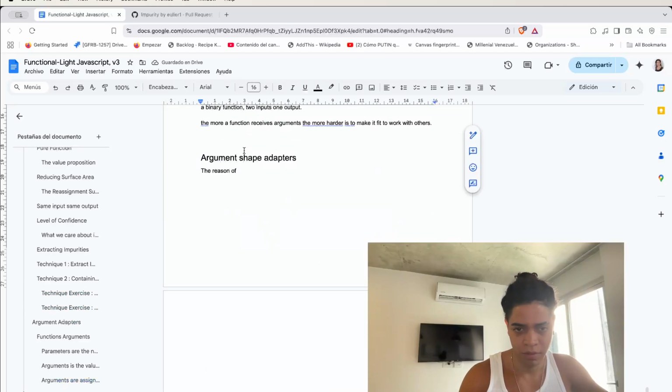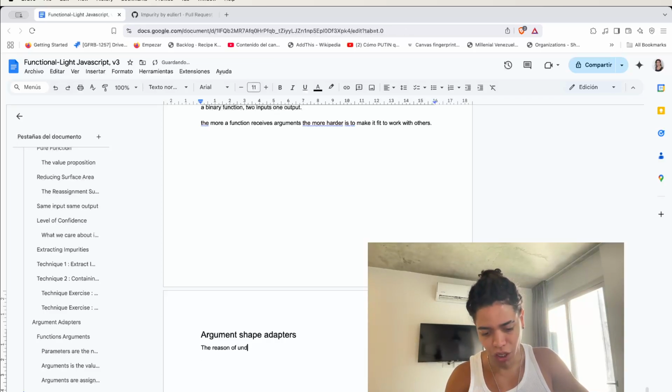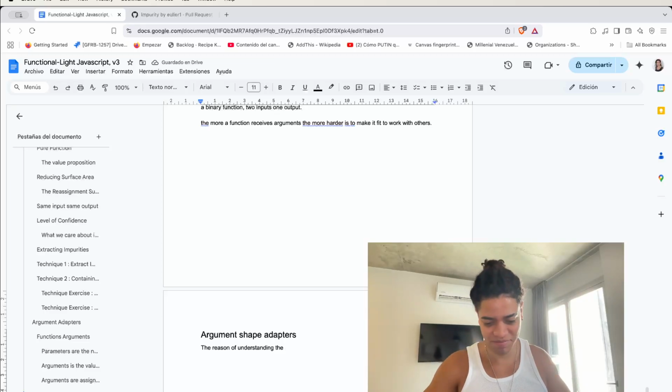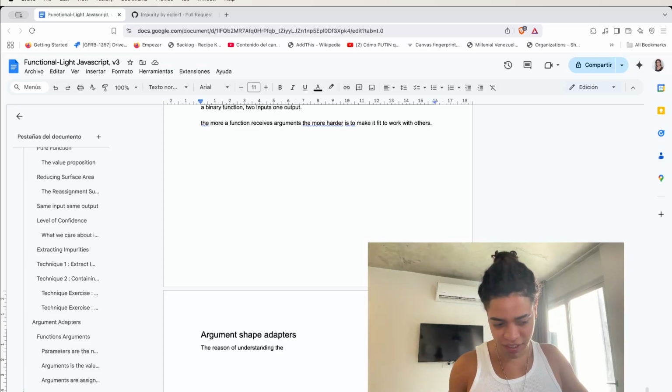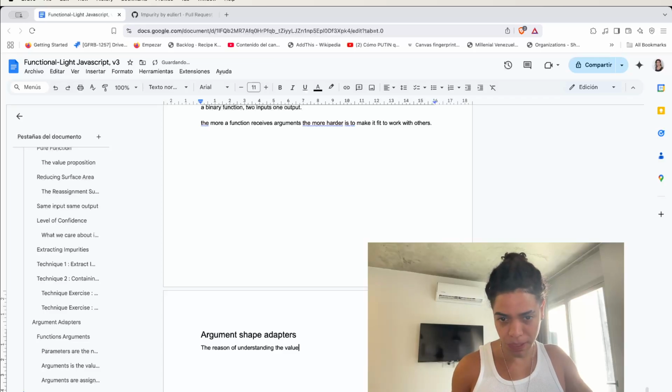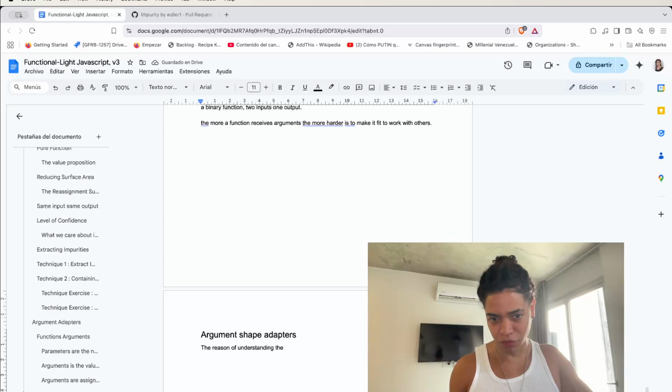Exactly. So argument shape adapter. So the reason of understanding the value. Okay, makes a lot of sense. Yeah, argument shape adapter. So the reason of understanding the value, the shape of a function